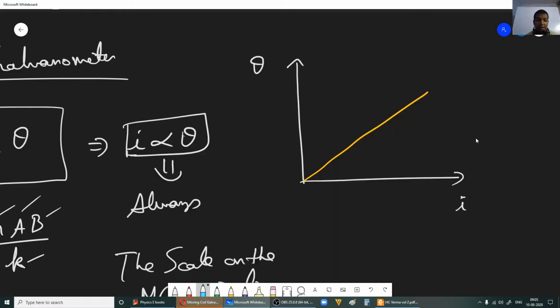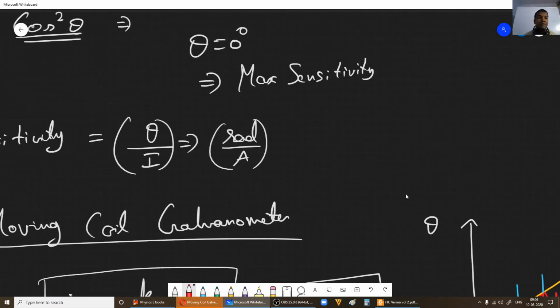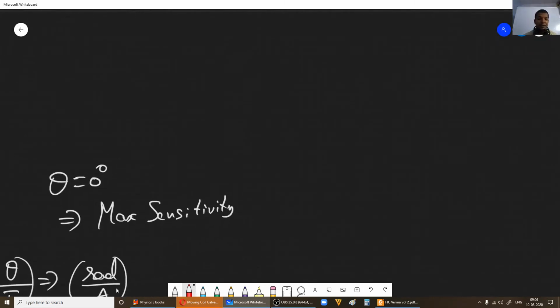Therefore at whatever instance, when the pointer is showing 10 or 20 or 25, whatever it is, if you take the ratio of d theta by di, this will give you di and this will give you d theta. So d theta by di always remains constant for a moving coil galvanometer, is it not? But this is not the case when we speak about the tangent galvanometer. In the tangent galvanometer, we wrote that I... Now what is the purpose of any galvanometer? It is used to detect and measure current.